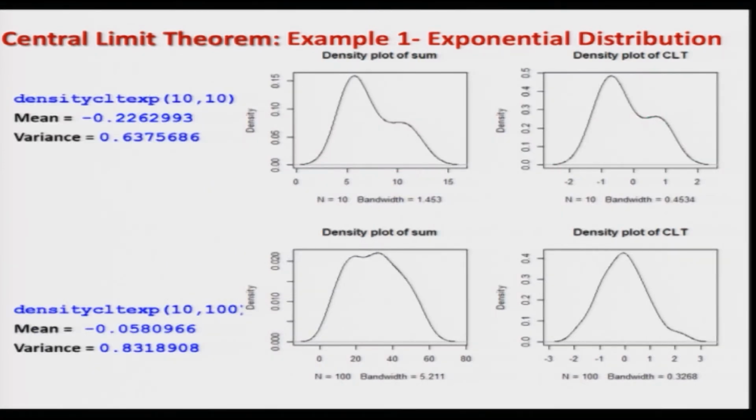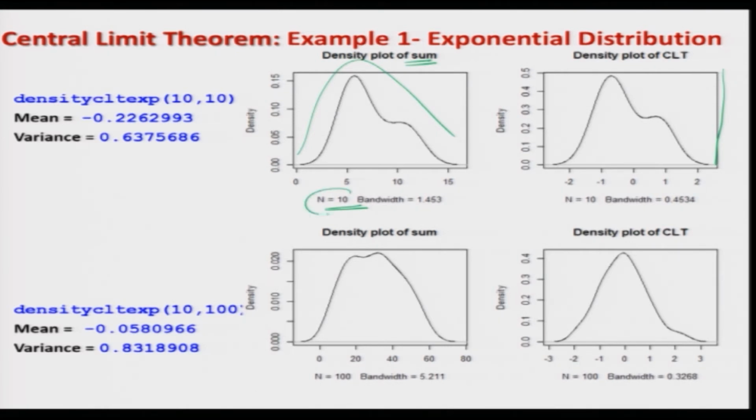When I take out these 10 observations, the plot of the sum, that means x 1 plus x 2 plus x n, looks like this one. You can see the curve here. And if I plot the central limit theorem, that is the sum minus its mean divided by standard deviation, it looks like this. But now, if I increase the sample size